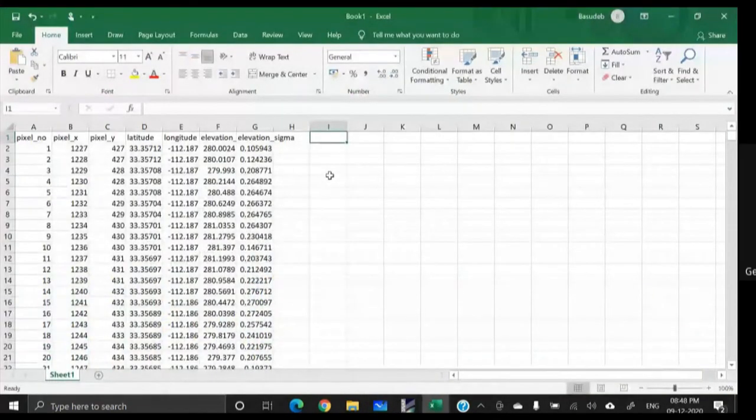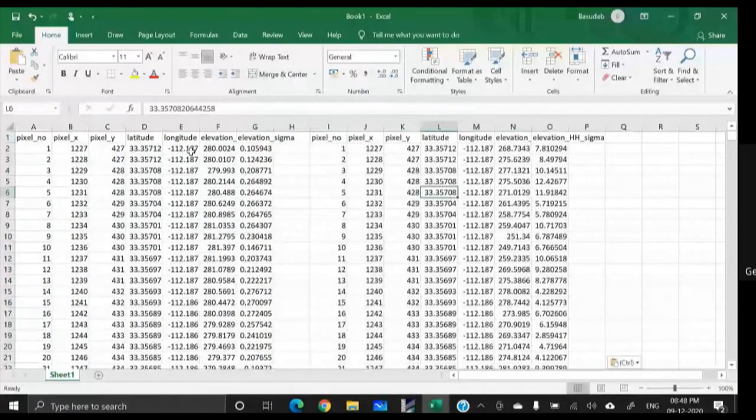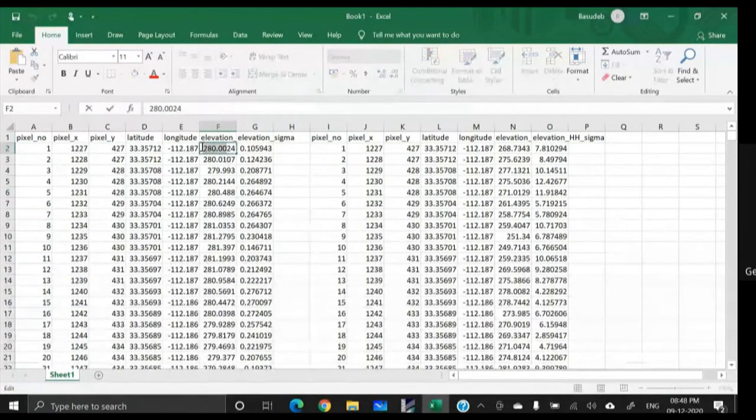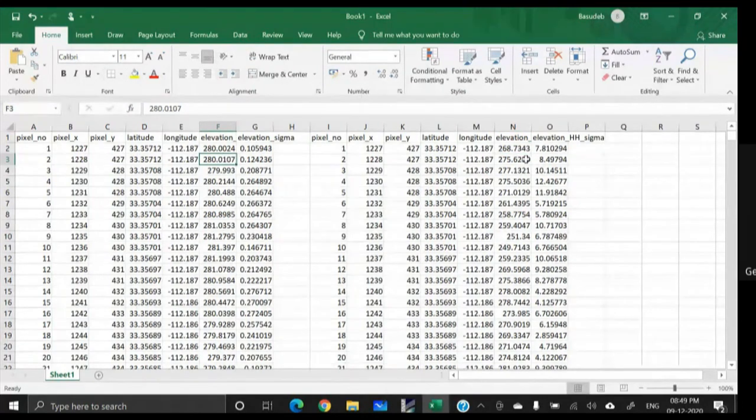And you can compare the elevation values. See, here this is the SRTM DEM elevation value, and here this elevation is from the InSAR data. This is the SRTM elevation, this is the InSAR data. You can even compare these values, etc. Okay.